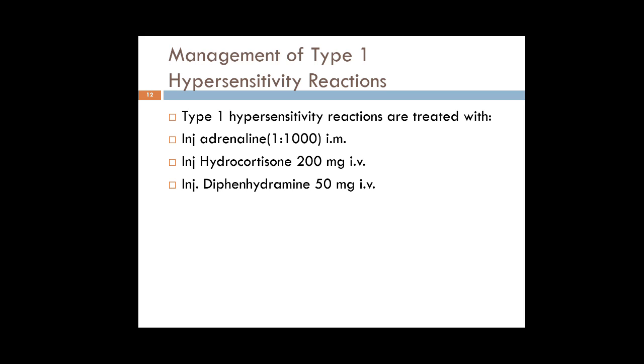So physiological antagonism is best exhibited by adrenaline and histamine. Okay, so whatever the histamine is liberated, it will be antagonized with the administration of adrenaline. Okay, physiological antagonism,